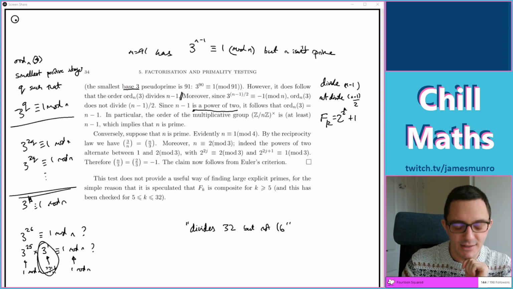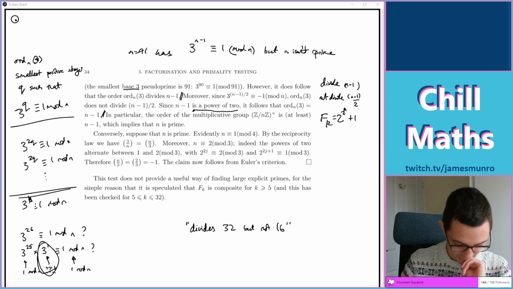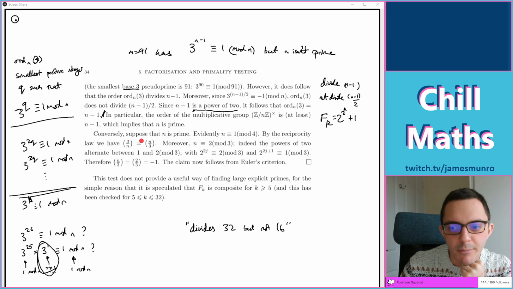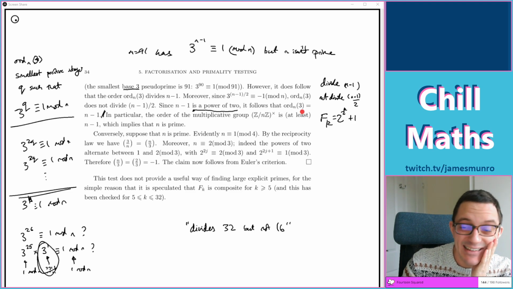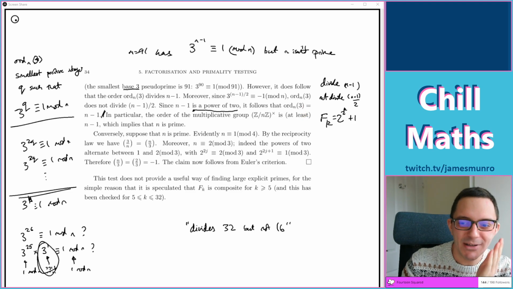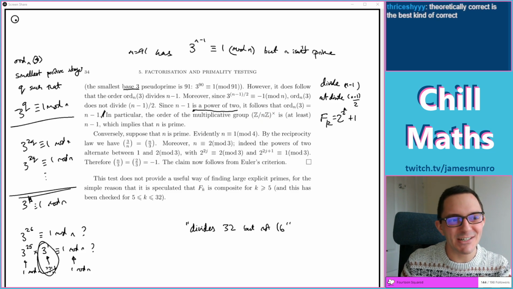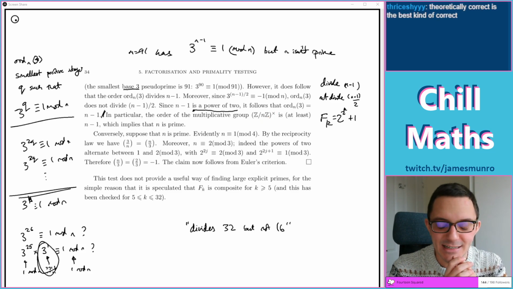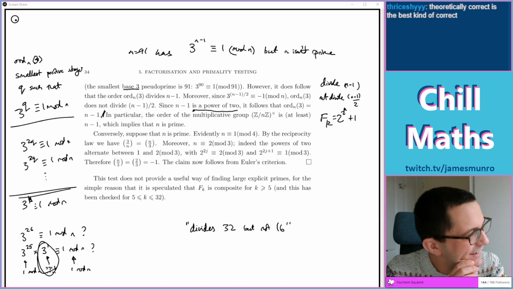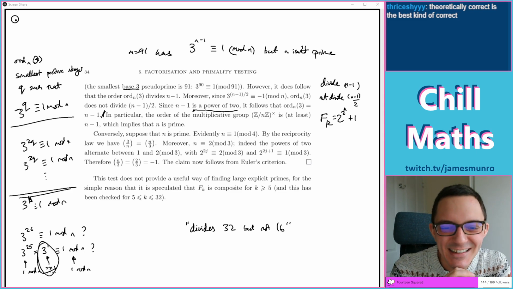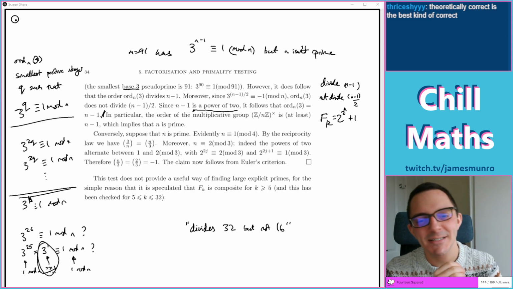Okay. So then there's some group theory to wrap this up, which I'm not sure I'm going to get to, but hey. Oh no, this is good. This says that, this is kind of mad, along the way, as you multiply together all your threes, you've got to multiply loads of them together. So there are lots of different remainders modulo n to see along the way. Ooh, theoretically correct. How about correct but unprovable, or correct if you assume some sort of large axiom? These are all good sorts of correct.